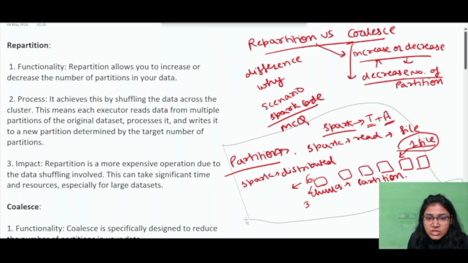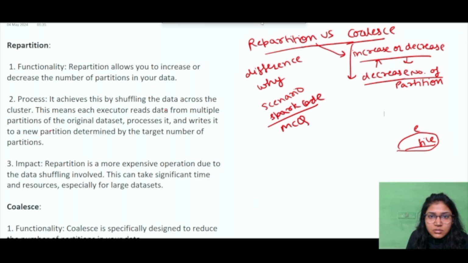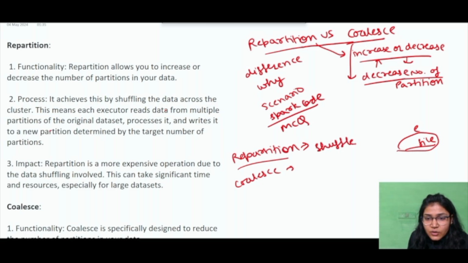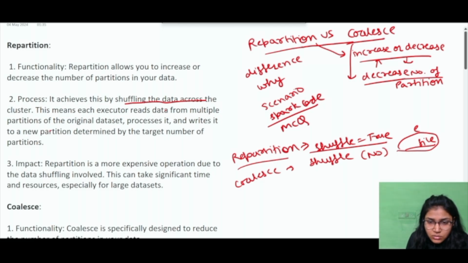We have studied what a partition is, and let's study more about this difference. The difference between repartition and coalesce is that repartition will do shuffle equal to true. Whenever we use repartition, it will cause data movement across the cluster. As in the definition written here, repartition happens by shuffling the data across the machines, right? And with coalesce, there is no shuffle or very little data movement. So first, let's quickly understand what shuffle is, for those who don't know.